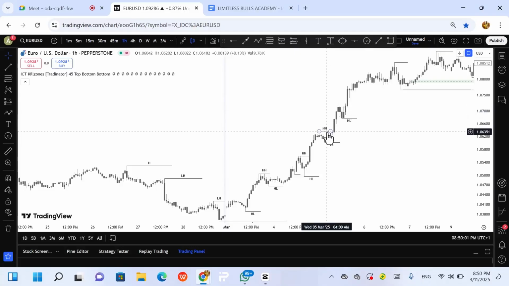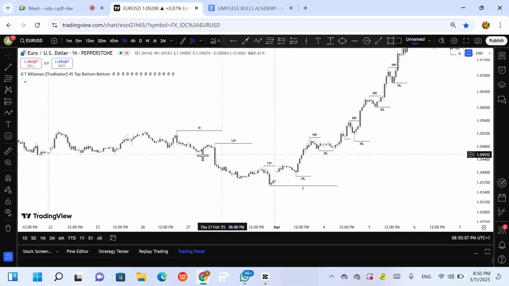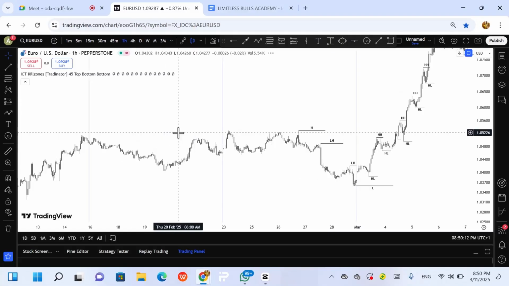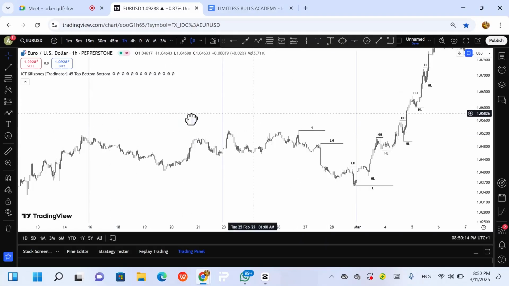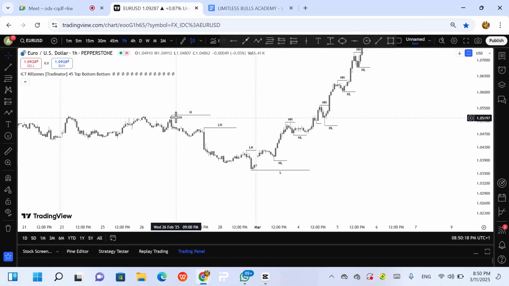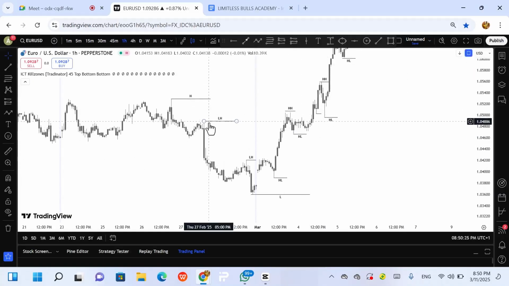So what can we say about this kind of market? From here, what do we see? We first of all got a high. Okay, we can check this from the future. We first of all got this high. After getting this high, what do we see again? We now saw a lower high. I can see this other high here. Okay, this is a high. This was a low. Okay, this is a low.